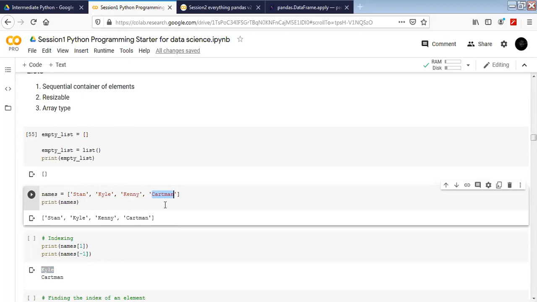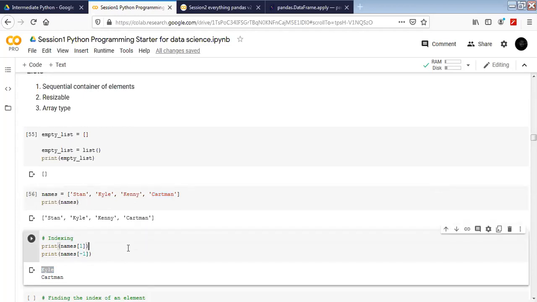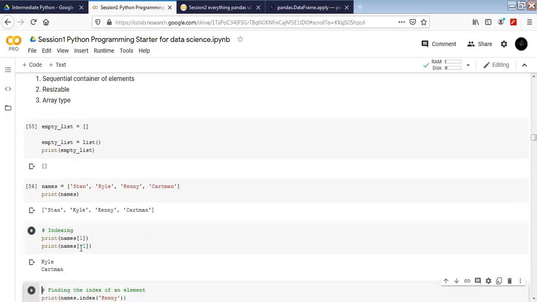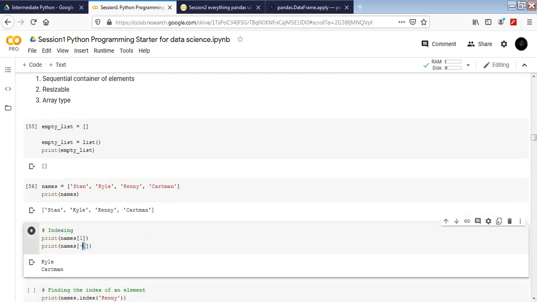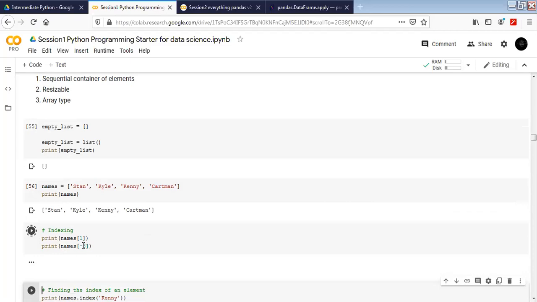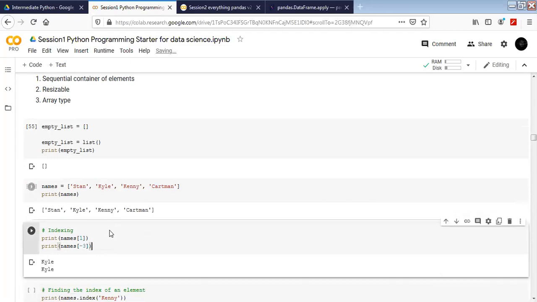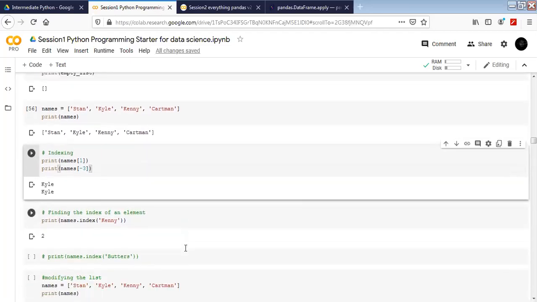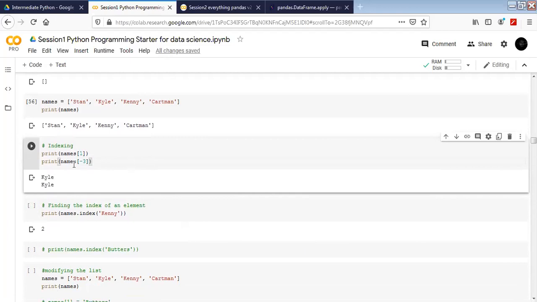Kenny. Yes, Kenny. So if we execute it like this, we can see Cartman here, and at position number -3, we will see Kyle again. Perfect. So this is how we access the element using the indexing.